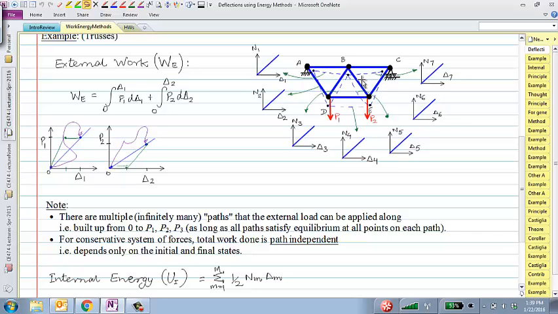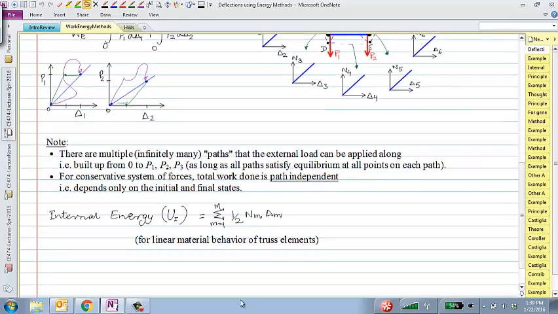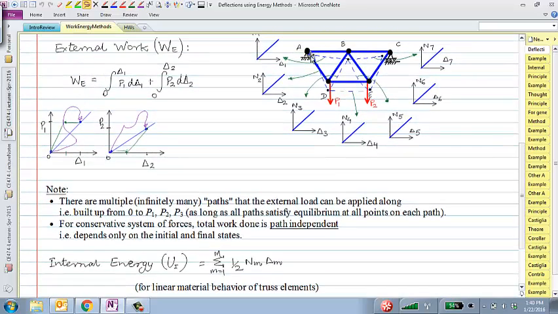And when they deform, they store energy within them, just like a spring would. And what is that energy? You can calculate that energy by doing the exact same thing that we did for the spring. Half times the force in the member times the deflection in the member. Half times N times delta. And if you sum that up over all of those 7 members, then that would be the total internal energy